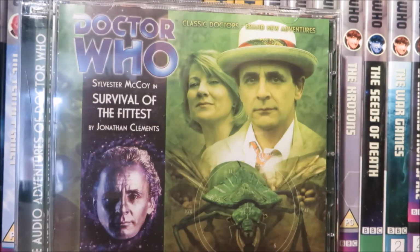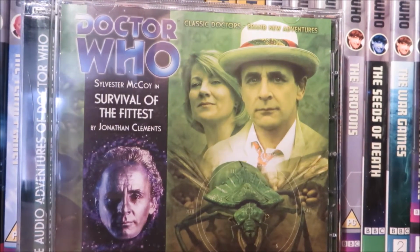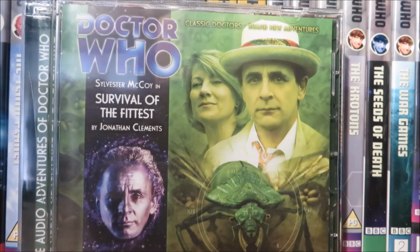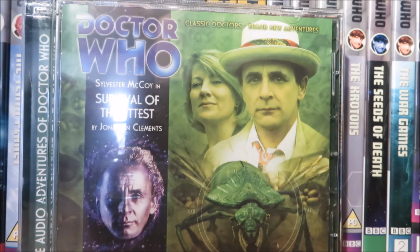So Survival of the Fittest, it's yeah, I'm not much of a fan of this. I've looked on Amazon, the story seems to be getting 5 stars, so I must be probably the only person who is not really a fan of this story. The story itself reminds me a bit of The Web Planet. Maybe that's because of the bug creatures,